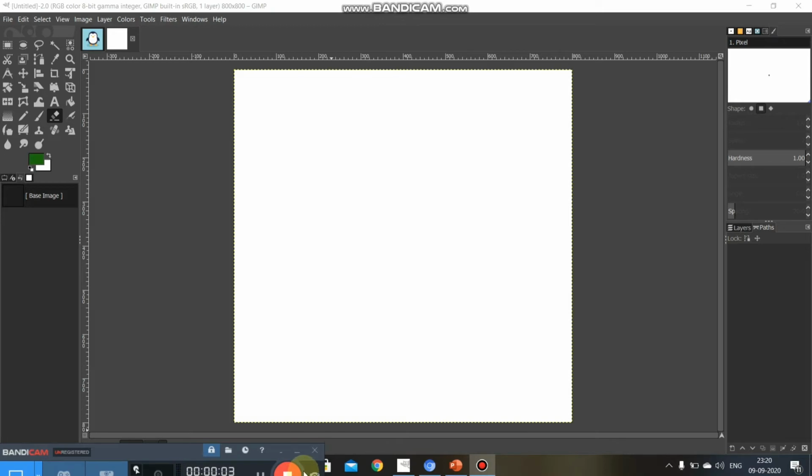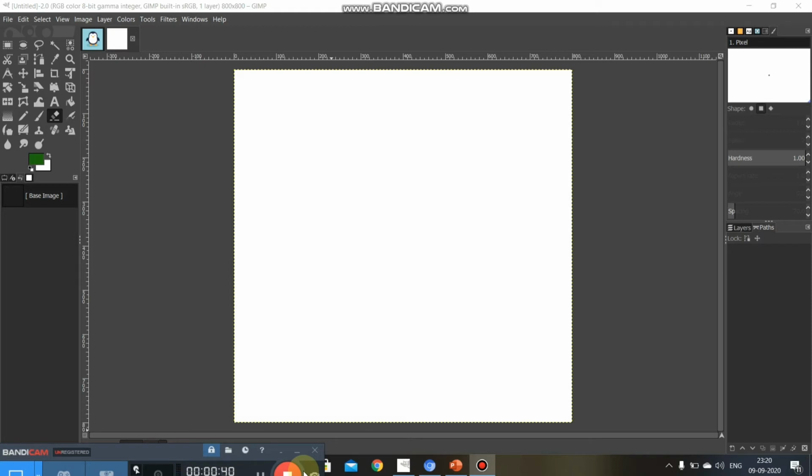Okay, so now we'll start working with layers. So what are layers? Layers are like sheets on an image. Okay, you can work on one part of an image without affecting the other part with the help of the layer. For example, if you want to edit a flower, okay, so flower has two parts, stem and flower. Okay, so for this you need to create two layers. Okay, stem and petals. So let's see how we will work on this.